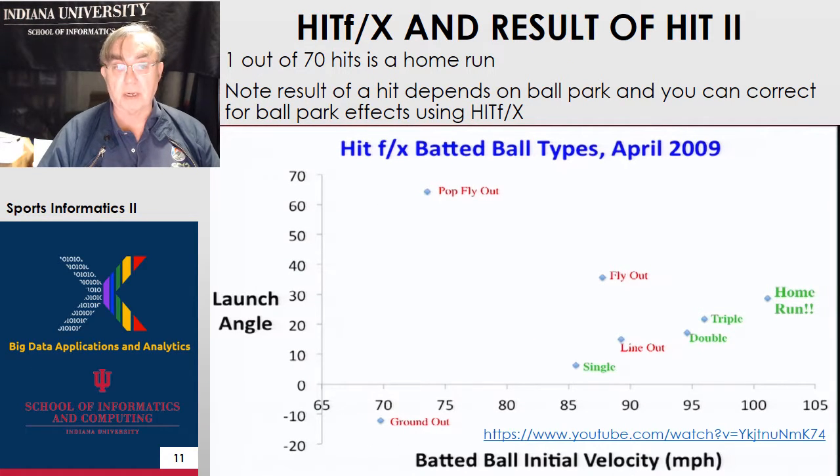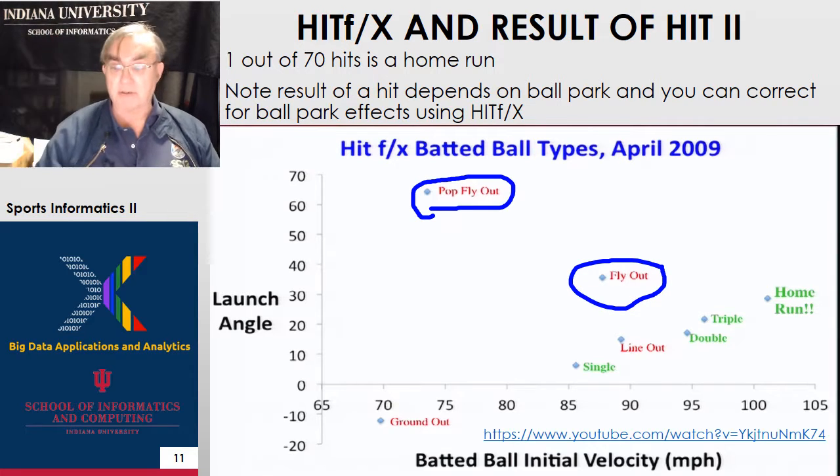And this sort of classifies the types of hits. We saw, I pointed out, the pop flies, the ones which don't go up and straight down. They actually go in a nice direction, but not quite good enough for a home run. The home runs have to be hit at a slightly lower angle. And of course, triples, doubles, and singles are also